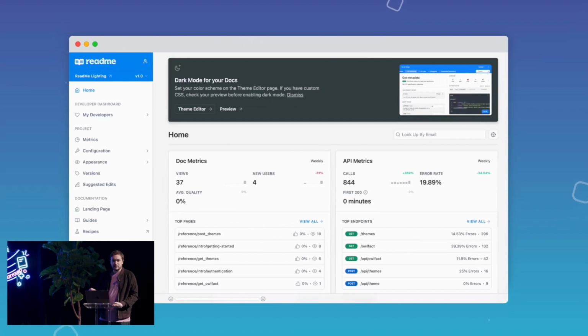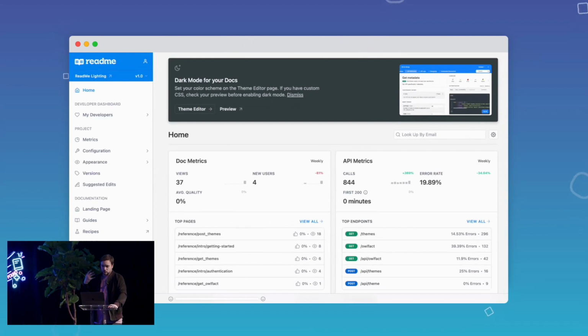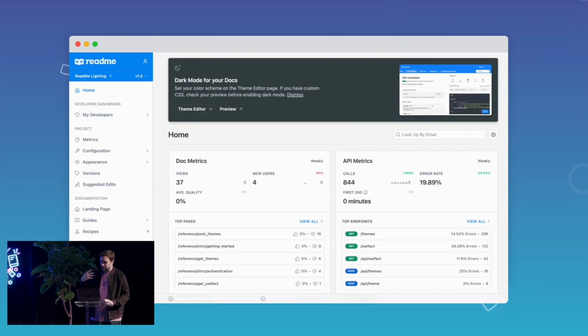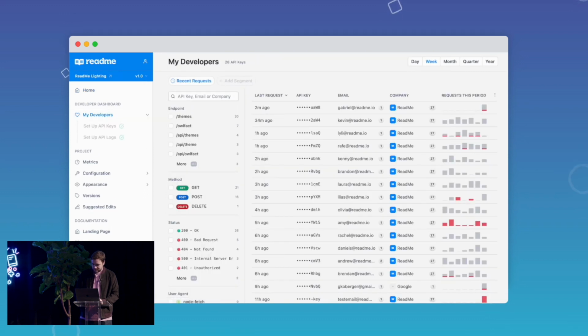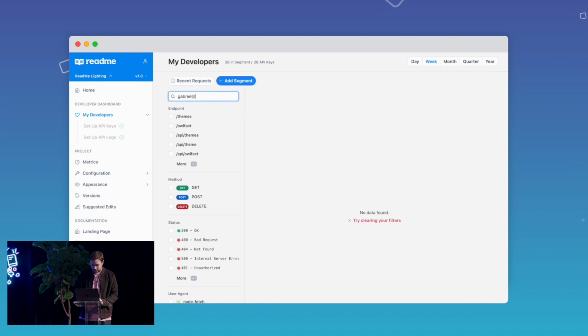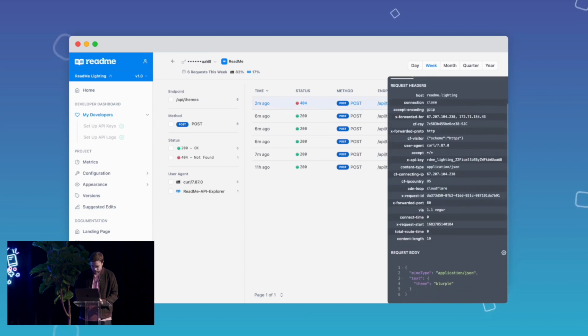Okay, so Gabe showed you the experience from the person who's using the API, someone who is trying to get started, hits a wall at this point, and Gabe's reaching out to me, the API creator, for some support. So now what I can do is I can go into my dashboard here, and I can search for his email address. I can search for gabriel@readme.io, and I can see him here. I can see his API keys. I can see everything. I can click into it, and I can see there it is, the 404, the same 404 you just had. So if I click into that, and if I scroll down a little bit,